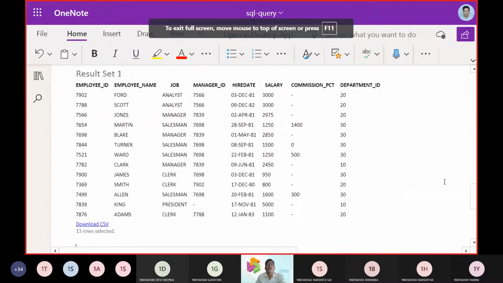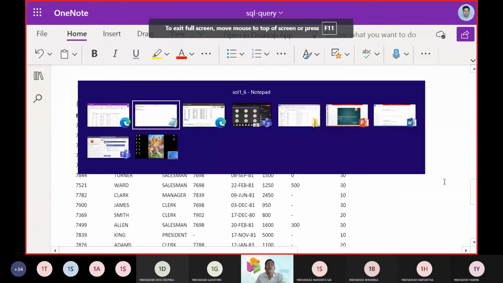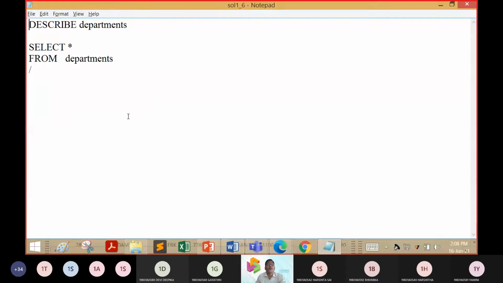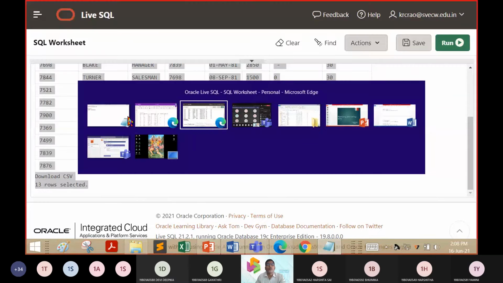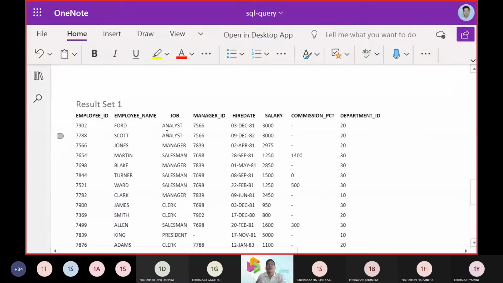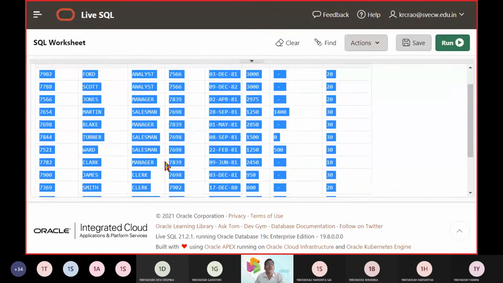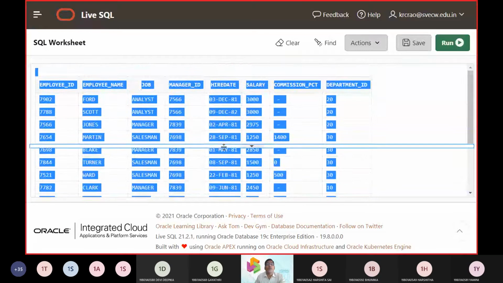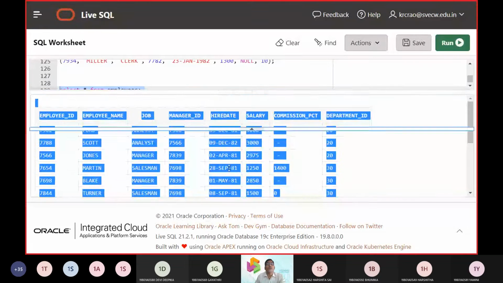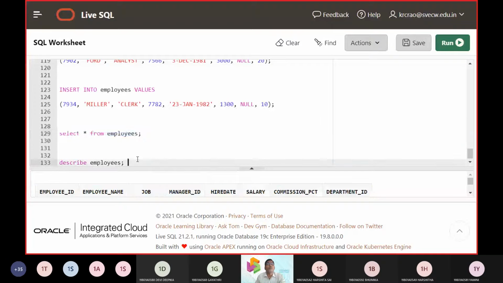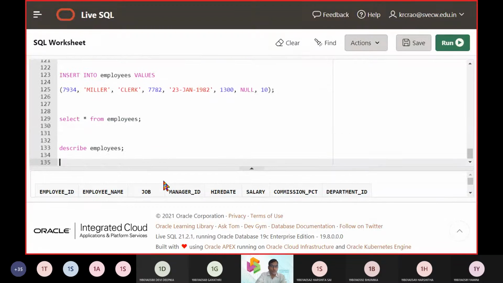Then we move towards the live SQL part, and similarly we can bring the things from the departments also. So these two tables are very important for us to understand and to take forward.